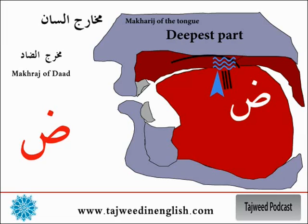The sound does not stop completely, like saying ad. And it's not like the letter dal, or saying ad. It stops completely. But for the dad, it doesn't stop completely, but releases slightly towards the front, towards the makhraj of the lam, but it doesn't touch the top front of the mouth. So by saying al,